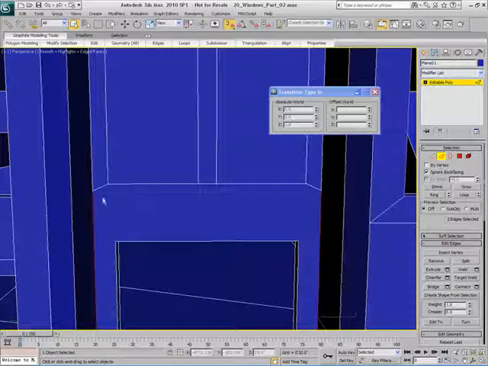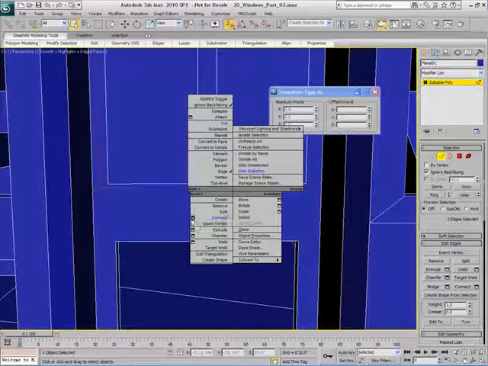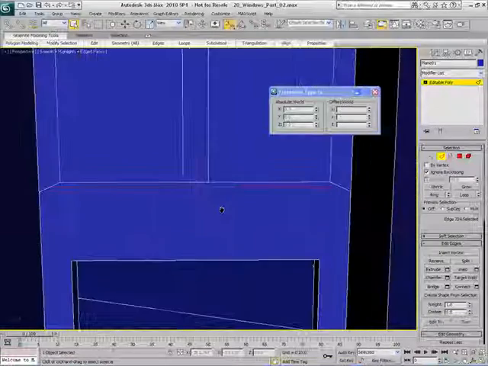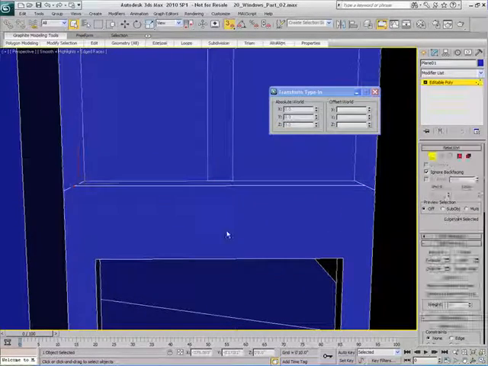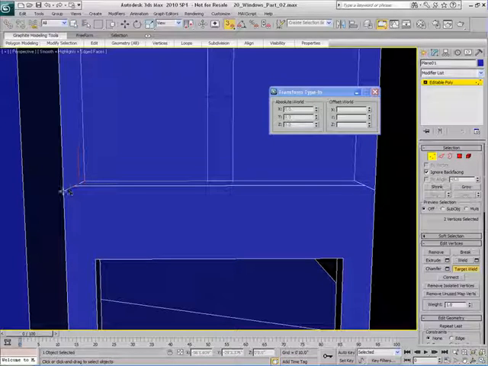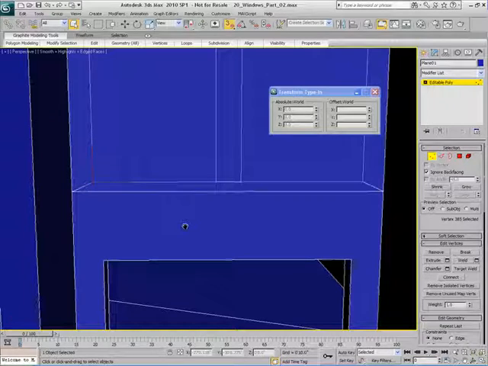So what I'm going to do instead is I'm going to take this edge here, that edge there, and I'm going to go ahead and go to the Connect tool again. And I'm just going to connect that once, and what do you know? That worked just fine. So let me go to vertex mode. I'm going to use target weld, and I'm going to target weld that there. I'm going to target weld that there. Okay? So boom. Exactly what we were trying to do with the cut tool, we were able to do using